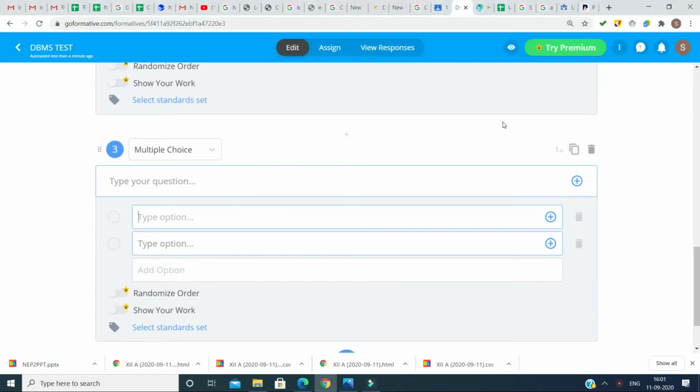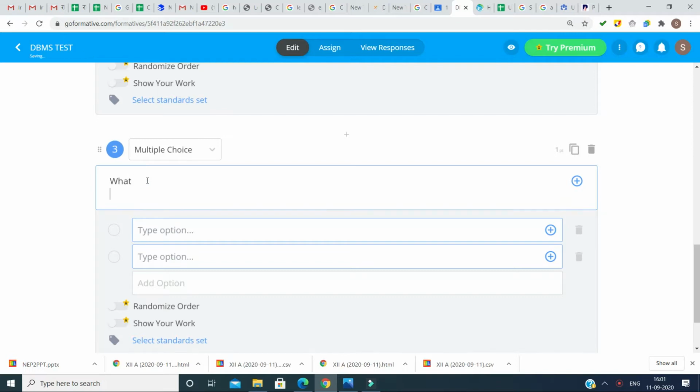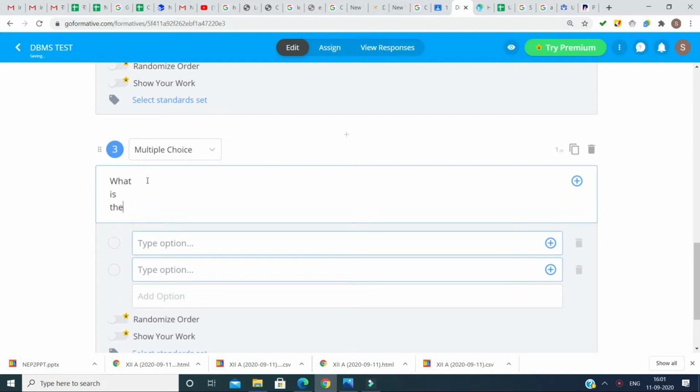Another feature that I'm going to discuss is when you are taking a multiple choice question and you want to write the option in multiple lines. Friends, if you write your question in multiple lines, it is possible. You can make use of the enter key and you can make use of the arrow key to go upward or downward. But here in option, if I want to give an option in multiple lines like hello and I press enter, I will move to the next option. Here I am not getting any option to move to the next line.